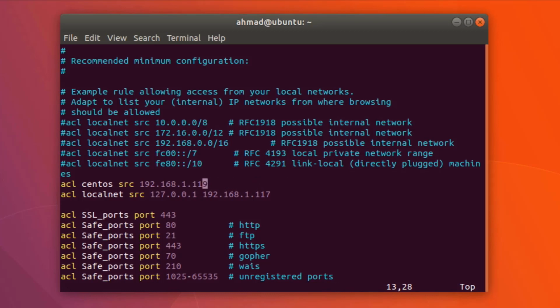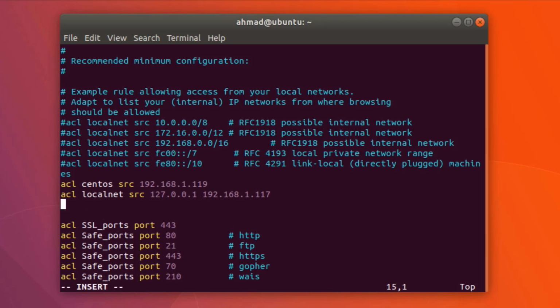You can also use a domain name, but this time you cannot use the SRC alone. You have to use an SRC domain or a DST domain for destination. We haven't covered destinations yet. I can say, for example, search engines, and I can specify that DST domain is .google.com and .bing.com. Now notice here that I have added a dot at the start of the domain name, and that is